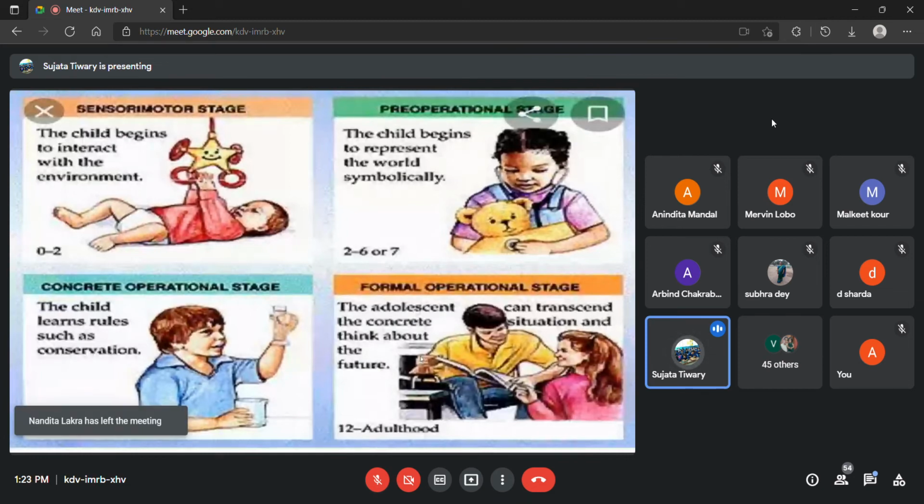Now the next is the concrete operational stage. In this stage the child starts thinking logically, with basic, solid ideas. Now they start to listen to others also. Egocentrism decreases, diminishes. Now they learn some rules also. Like before that, in the pre-operational stage,